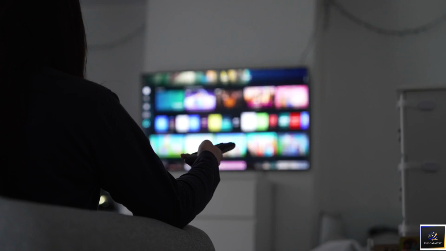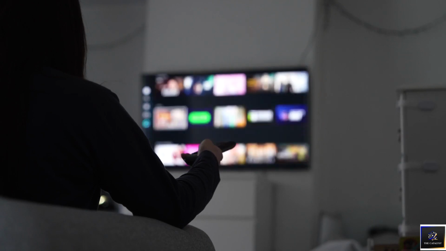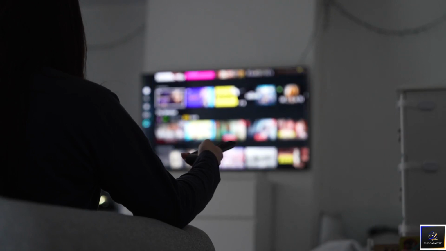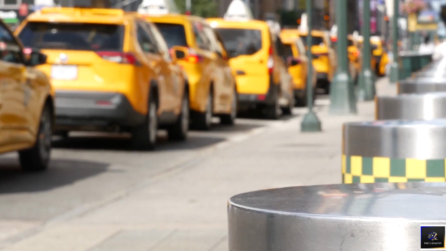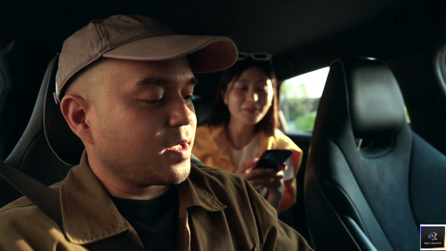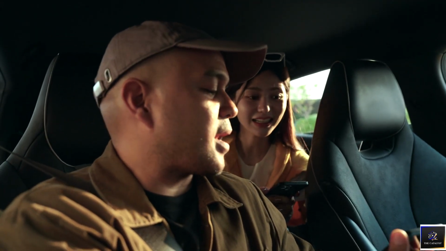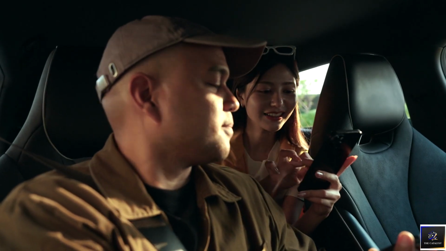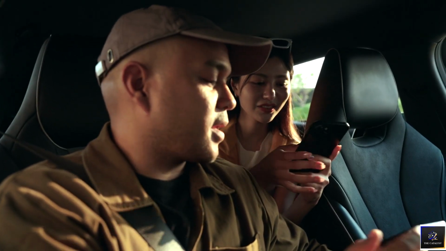Streaming services are not just competitors to traditional television, they are substitutes. The taxi industry did not lose ground primarily to other taxi companies. It lost ground to a substitute, ride-hailing apps, that served the same underlying need through a fundamentally different delivery mechanism.